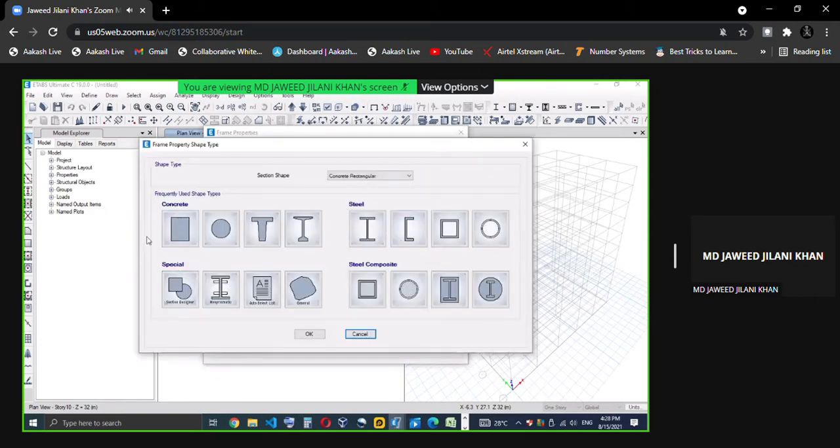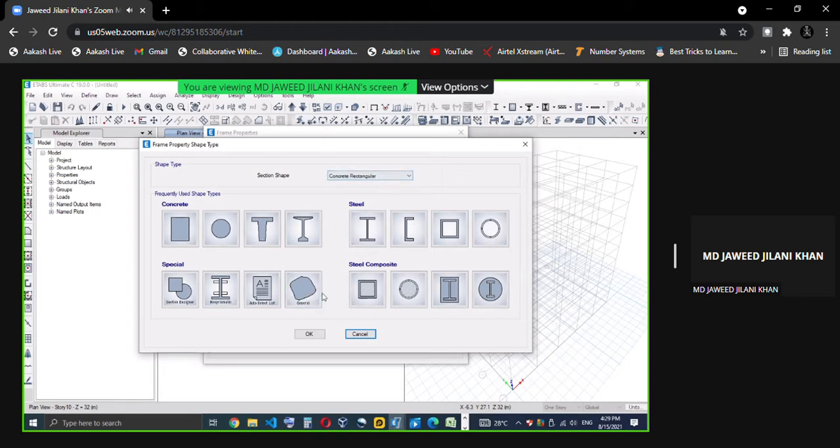So various types of property descriptions are there in ETAB. Like you can define the steel, composite, the filled pipe, you have a rectangular NKSI section, you have a circular NKSI section, steel structure, concrete, the shape, concrete T, precast I, all definitions. Or you can give in section designer your own. You can select auto list, non-prismatic, when the depth of a particular beam in a particular span changes within a span, a depth is changing, non-prismatic. General, you can define your own directly areas and all those things.